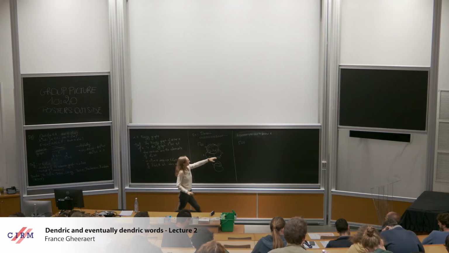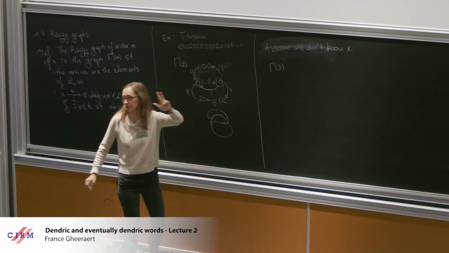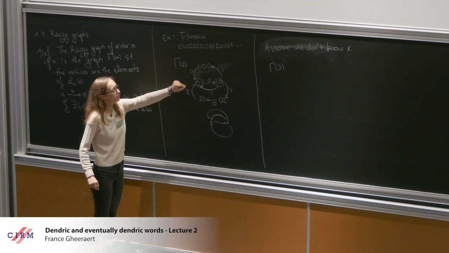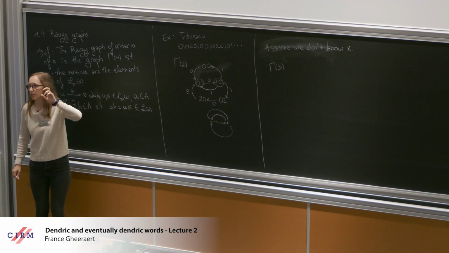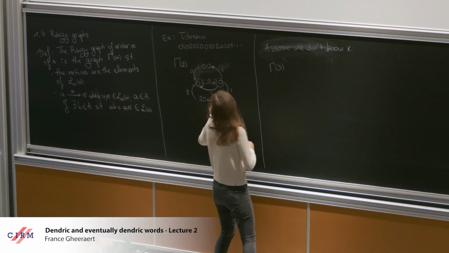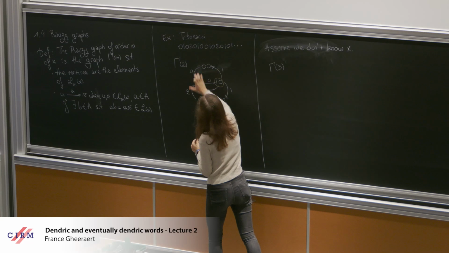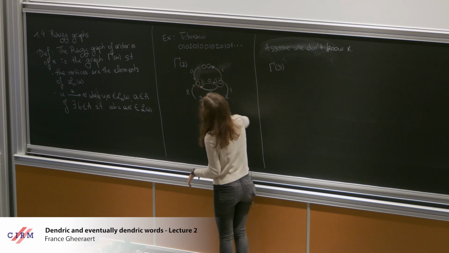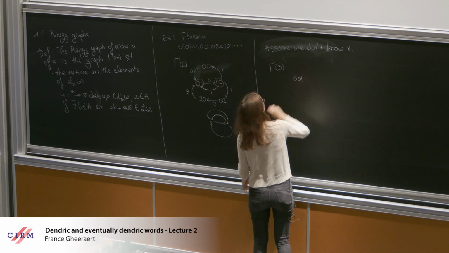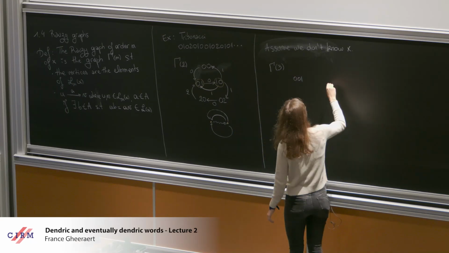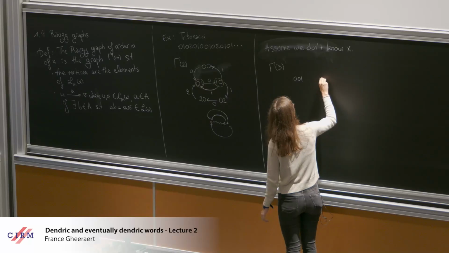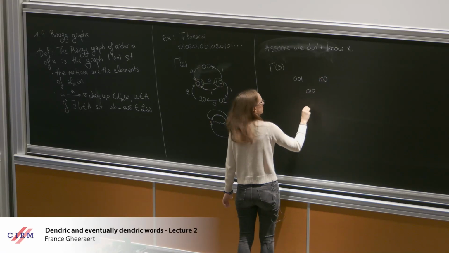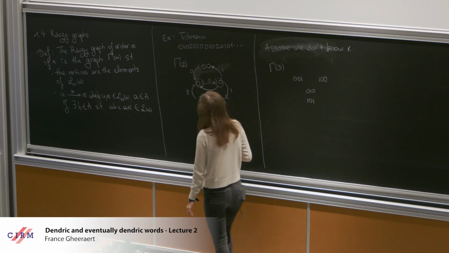Well, we already know that the vertices of the Rauzy graph of order 3 should be the words of length 3, right? And we know that in the Rauzy graph of order 2, the words of length 3 are somehow represented by the edges. So I already know what my words of length 3 will be. These are exactly the edges there. So this edge, for example, is 0, 0, then 1. So I have the word 0, 0, 1. Then the edge on the right would be 1, 0, 0. And then here I have 0, 1, 0, and then 1, 0, 1.